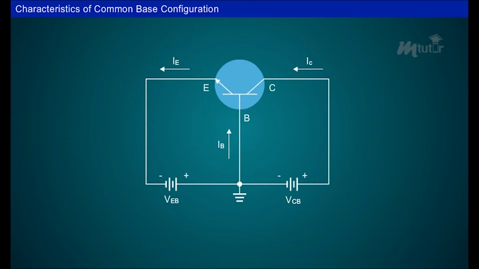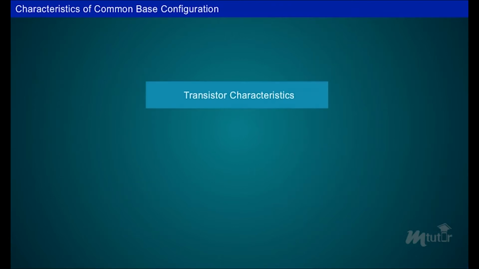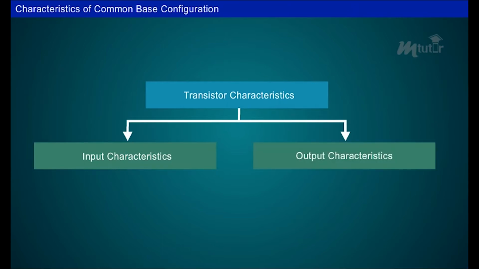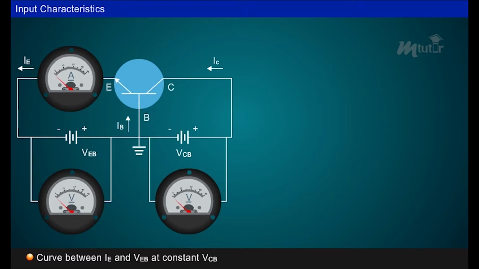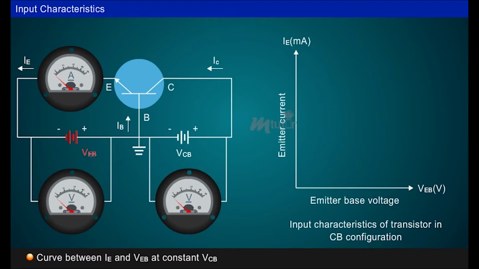To understand complete electrical behavior of a transistor, it is necessary to study the interrelation of various currents and voltages. These relationships can be plotted graphically, which are commonly known as the characteristics of transistor. The characteristics of transistor in any configuration are input and output characteristics. Input characteristics is the curve between input current IE, emitter current, and input voltage VEB, emitter base voltage, at constant